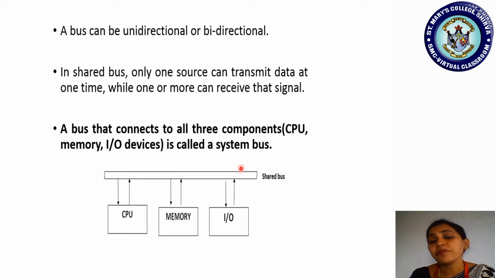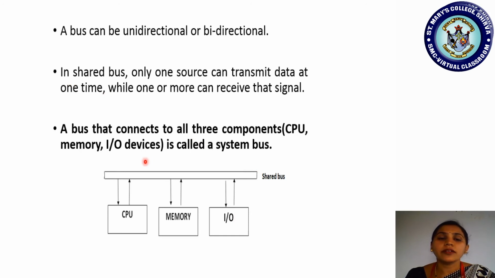Okay, nowadays the processors are all 64 bit processors, right? So at a time they can carry that much data. They carry it from the input devices to the memory. From the memory, the CPU fetches to process the data, and as soon as it finishes processing, it stores back to the memory, and from the memory the output devices are given the data. So this is the importance of the system bus. The bus that connects the three components, CPU, memory and output devices, is called the system bus.